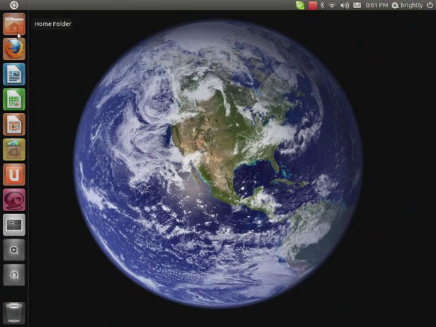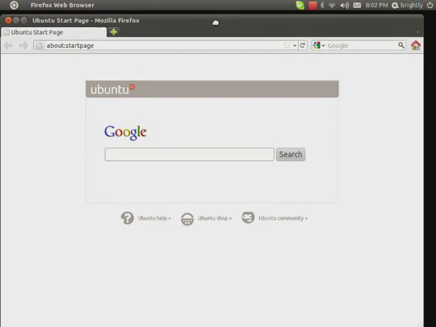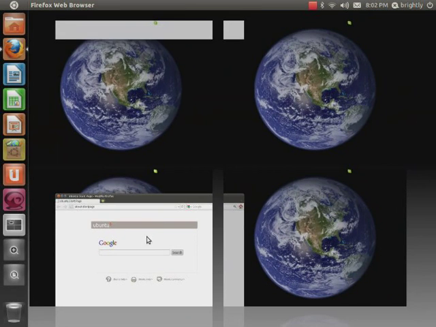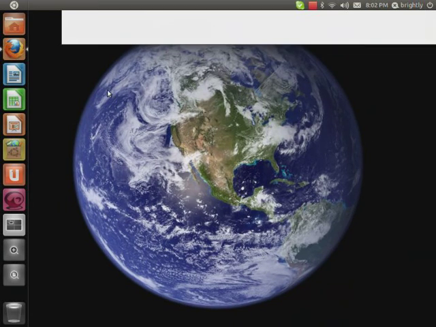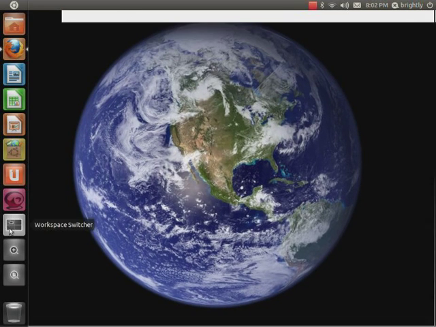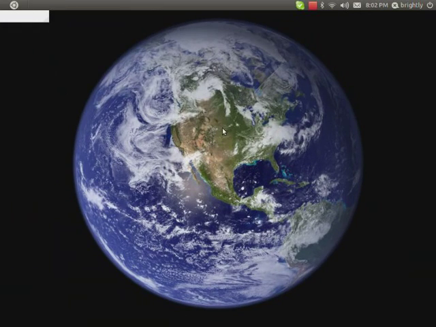Well, if you had Firefox open in this one, there she is. Let's minimize this a little bit. Make it a little smaller. There we go. All right, and we go to another desktop. And oh look, Firefox is showing its bottom there. But that way you can have one item open in one box, one item open in the other. I'm not sure if it's all that useful, but yeah,